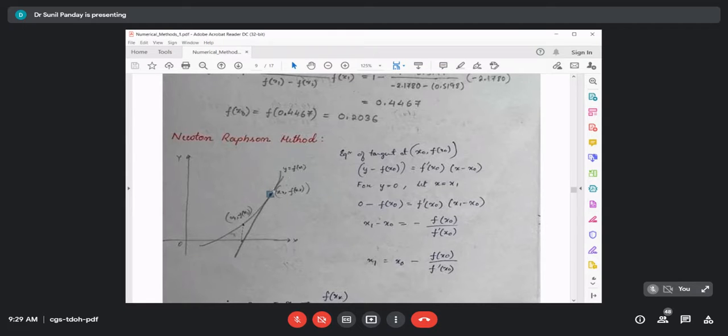So we have drawn a tangent, and wherever this tangent at x naught intersects the x-axis, we get our new approximation x1. So this is x1, and then we have a new point x1, f(x1), and then again